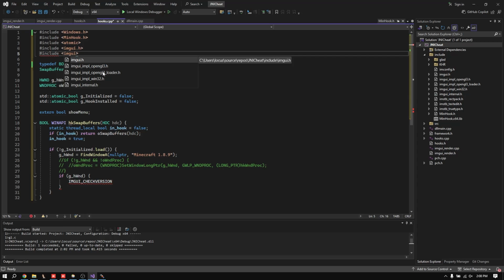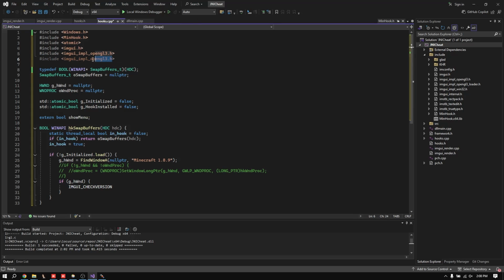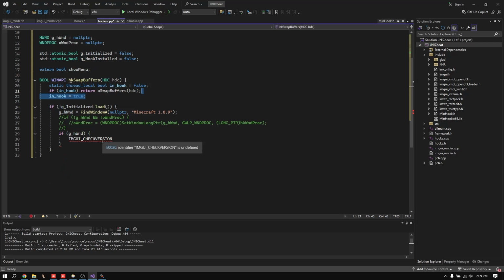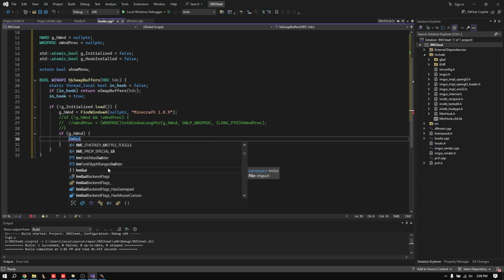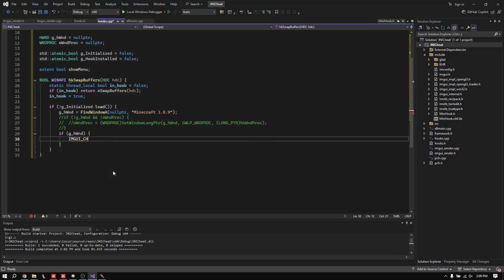Yeah, let's include this. Let's include our Win32. And let's include, yeah. All right. So ImGui underscore check version. There we go. So this is valid now. So we're going to check our version of ImGui,